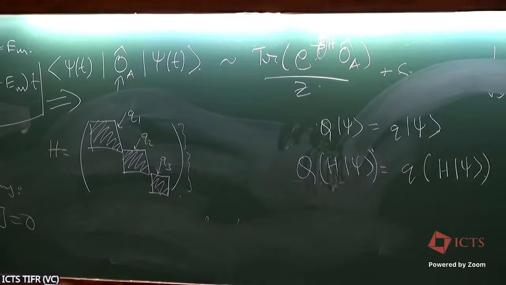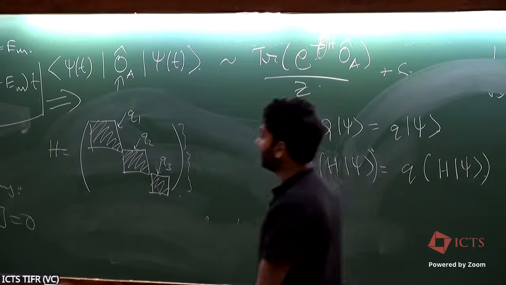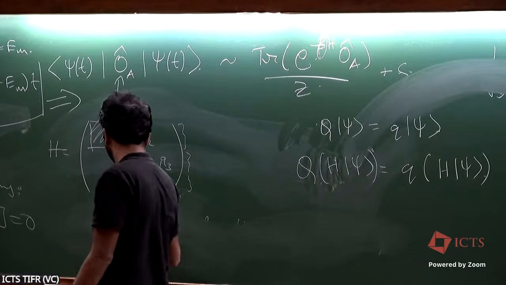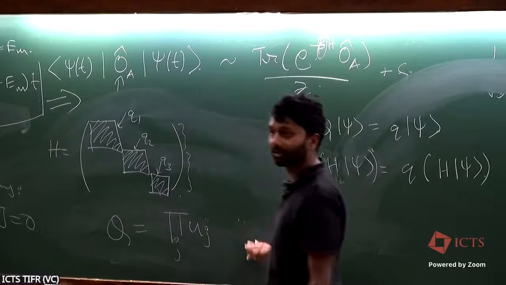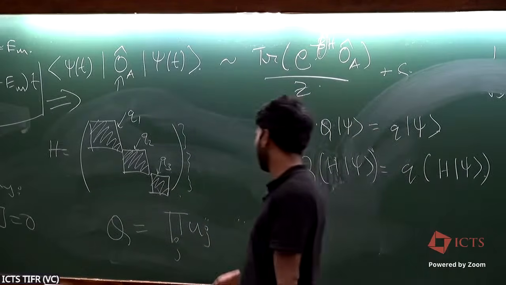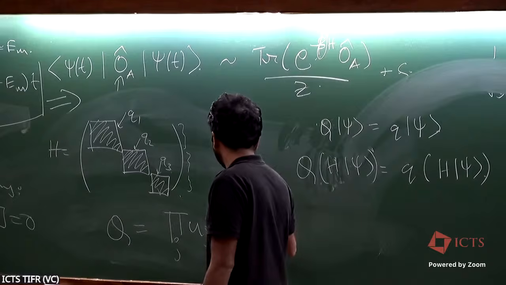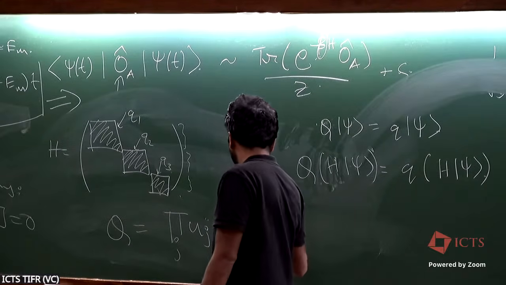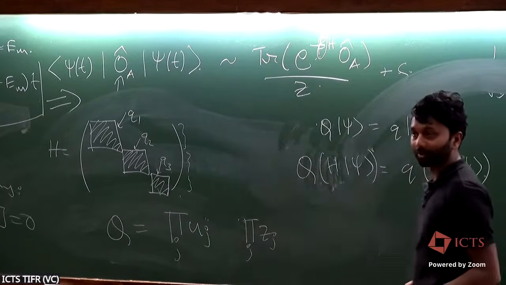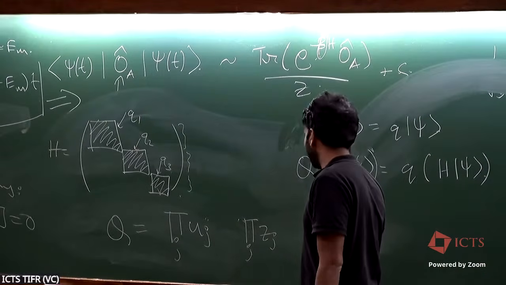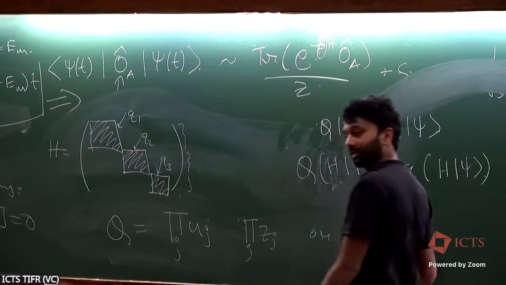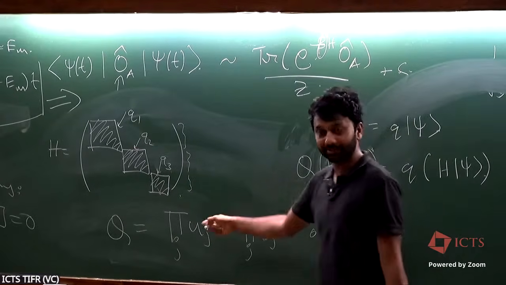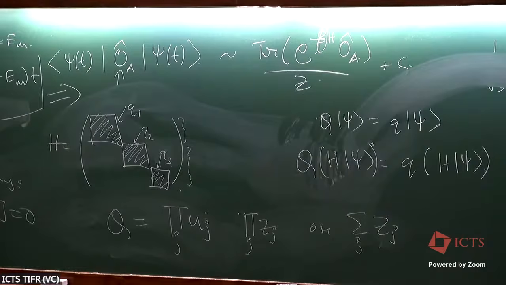By symmetry, usually people restrict to simple symmetries, so products of on-site unitary operators, like in the case of the Ising model, you have product of Zj or product of Xj, or you consider local operators like a total U1 conserved charge, which can also be expressed as an on-site unitary symmetry, okay?